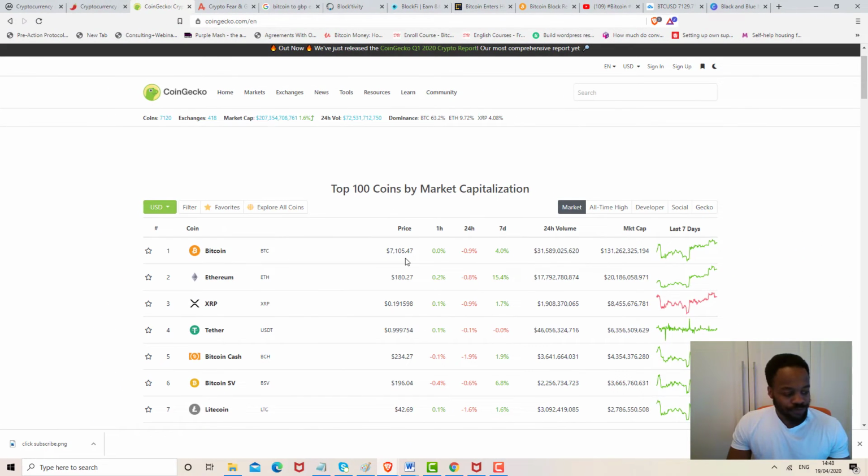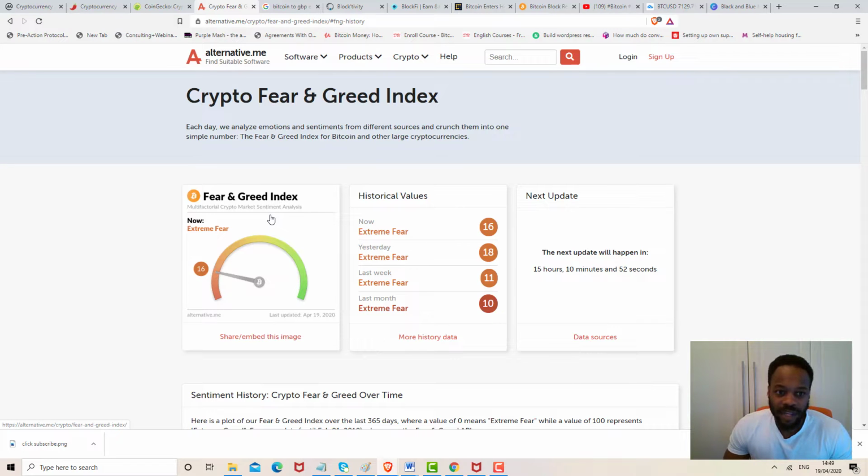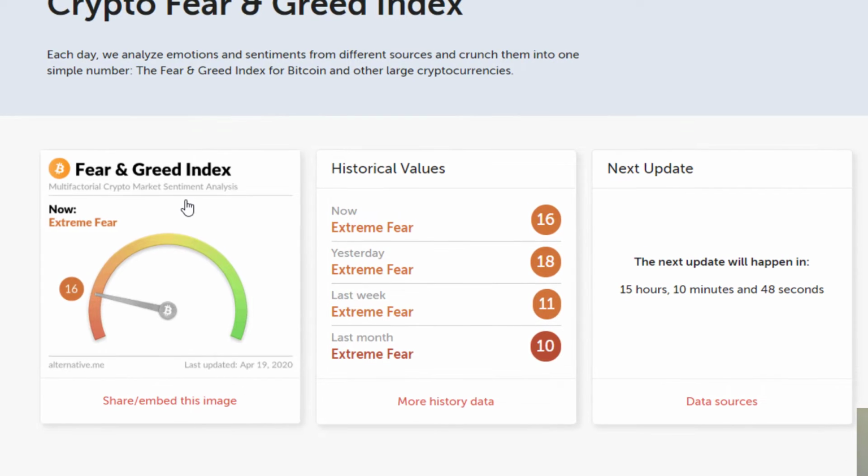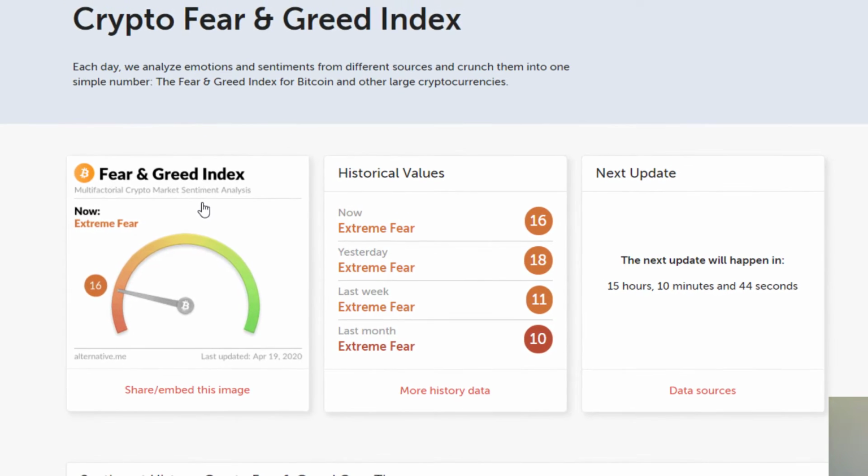Now moving on to another website, another essential tool which all cryptocurrency enthusiasts should keep in their toolkit, and this is called the Crypto Fear and Greed Index. Okay, I will be leaving a link in the description for all the websites and how to find them. But with this website, it's an indicator that analyzes the buyer trend in the